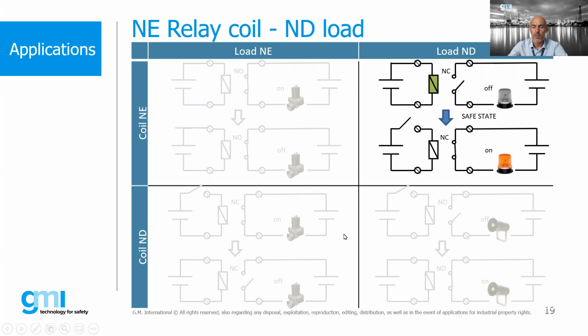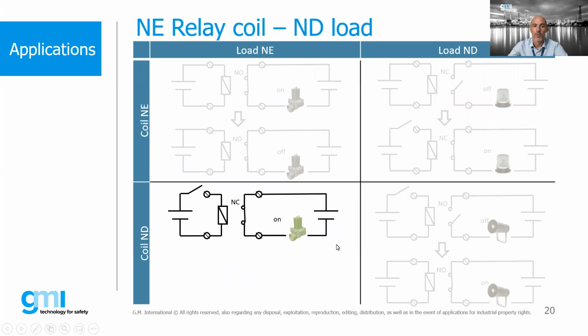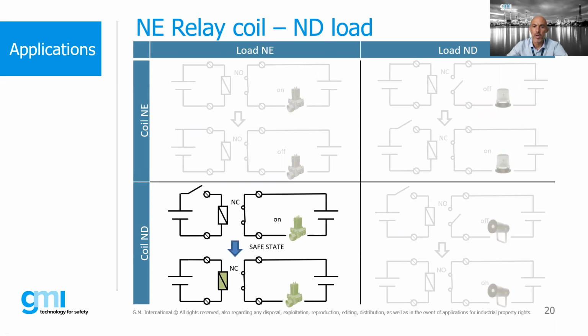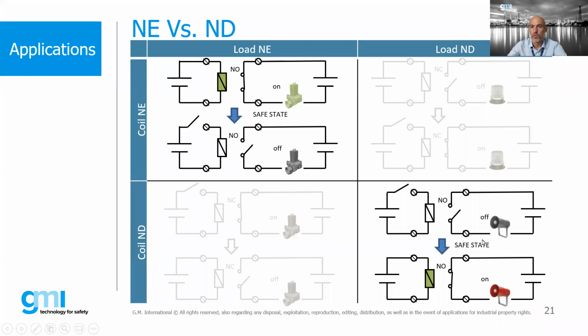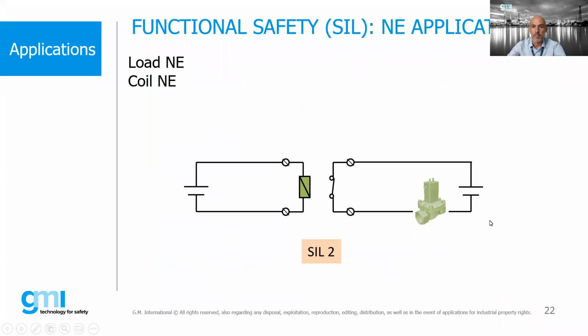In process applications, there are a lot of these different conditions, different situations. So let's talk about the normally de-energized coil. The contact in this case is closed, so my load is on. The safe state means that I energize my coil and I open my load. I can also have the other one, on the bottom right side, where I energize my load. There are different situations in the market.